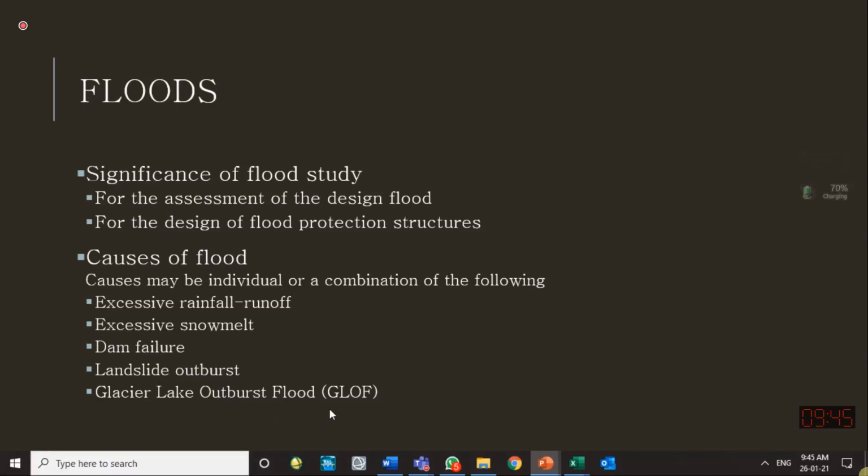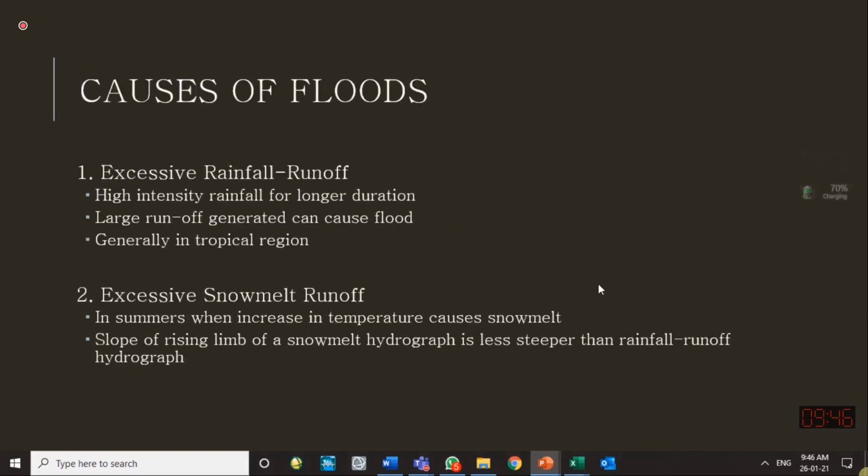Sometimes a glacial lake outburst flood occurs, GLOF. These GLOFs are becoming more and more frequent events in present-day climate change scenarios. Climate change is increasing the temperature, and those reservoirs which have been generated because of glaciers, glaciers have stopped the flows in a certain part of the river, and when temperature rises, that glacier or that snow melts and a dam-break-like event occurs, and a high flood can occur on the downstream side.